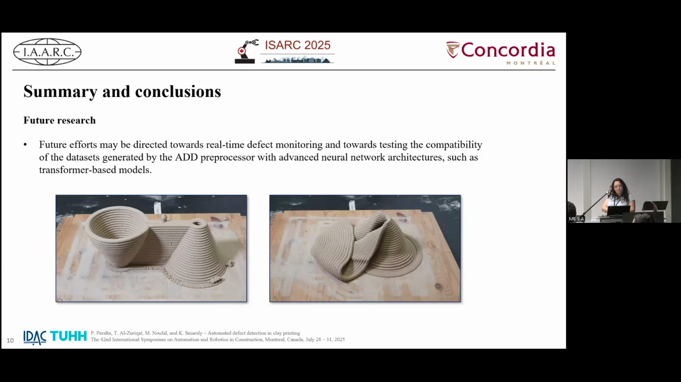As future research, we would like to apply it for real-time defect monitoring during printing, and also to test more advanced neural network architectures like